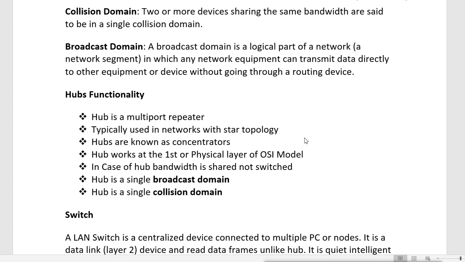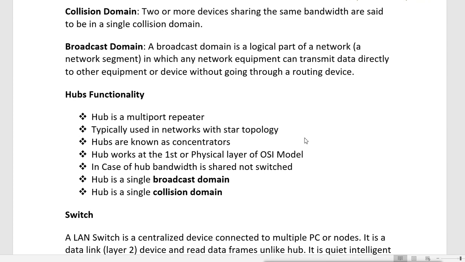So every hub is a single collision domain, because whenever a collision happens, all the devices connected to the hub are impacted and they have to wait for a certain random timer to finish, and then they will start doing the communication. So whenever a collision happens, they have to wait for the random timer, and everyone is impacted by the collision. That is why it is called a single collision domain.